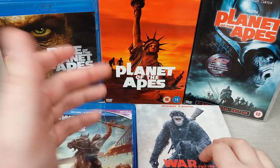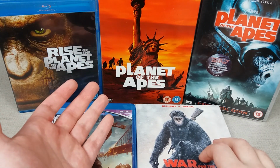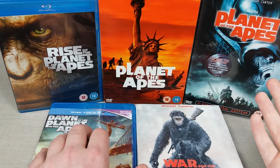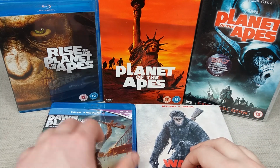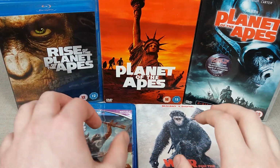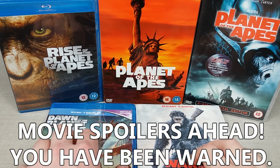And so, beginning of course with the 5 films that originally came out in the late 60s through to the early 70s, we have quite a lot of detail to cover going into the Tim Burton remake, and then finally the 3 films from the reboot series of Planet of the Apes. And so, beginning with the 1 through to 5 box set, let us have a look and see where this